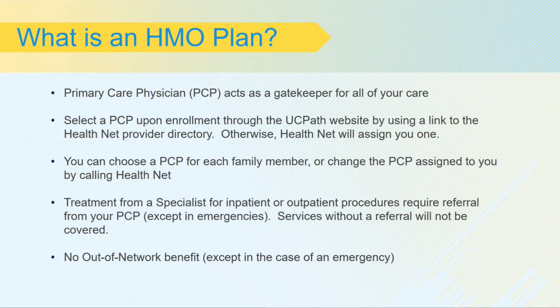Let's say you're out on the weekend, you're playing soccer, and you think you might have a small fracture in your foot. Your foot hurts, basically. You cannot go straight to an orthopedic surgeon under an HMO plan if that's what you feel you need to do. You need to first go to your primary care physician, and if he or she cannot take care of that issue, they will refer you to a specialist, possibly an orthopedic surgeon, and then you would go see that doctor. If you do not go to your primary care physician first, or we'll talk about a few other things